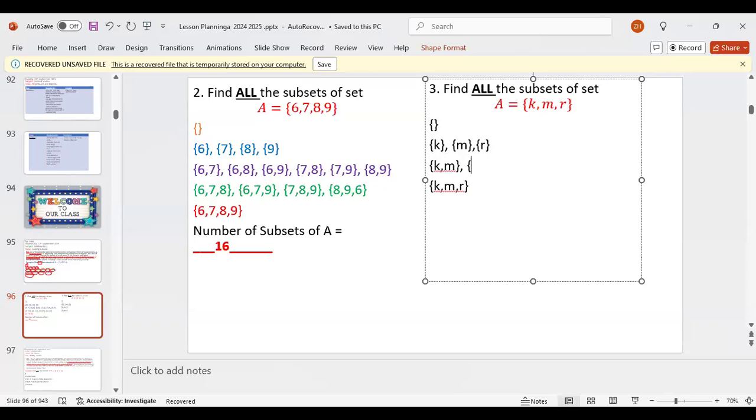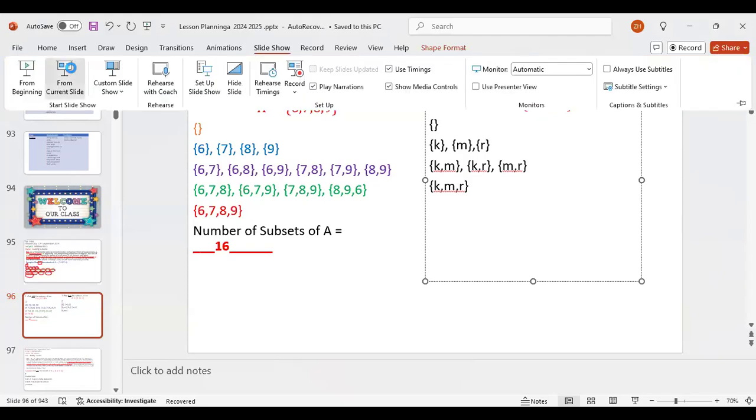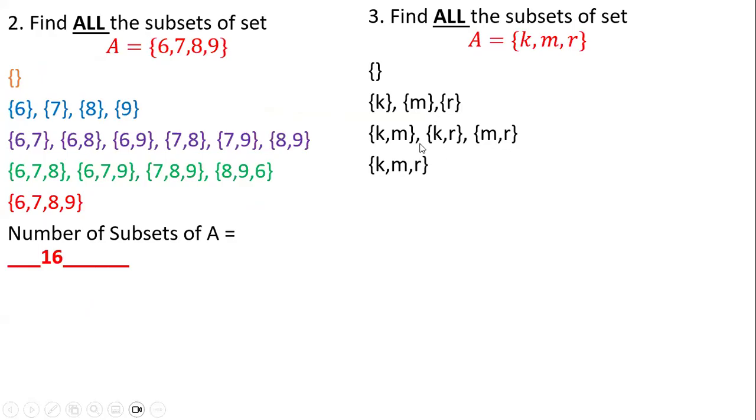Let's keep the K's. So we have KM, and what else could we put? KR. Very good. And what else? MR. Very good. Anything else after that? I put RM instead of MR. RM and MR is the same thing, the same set. So it makes sense.